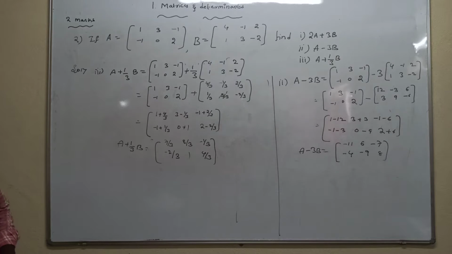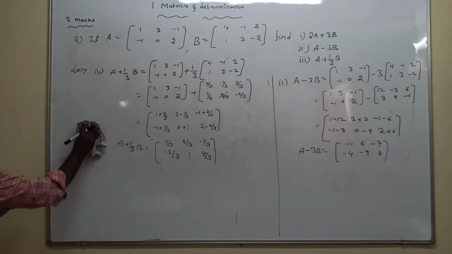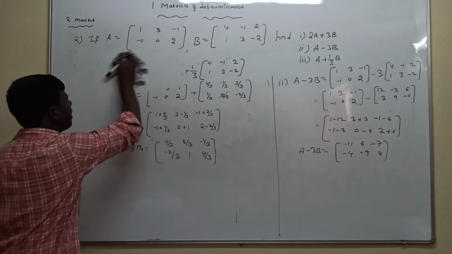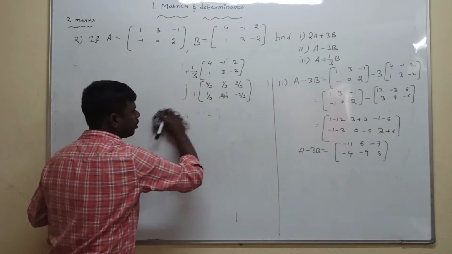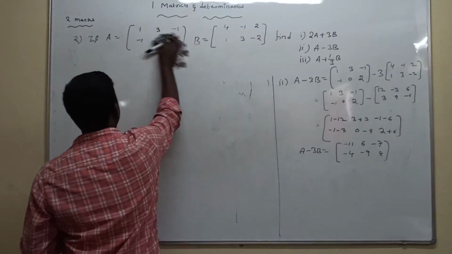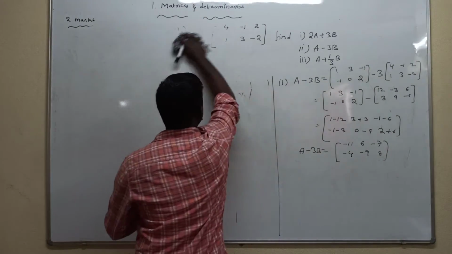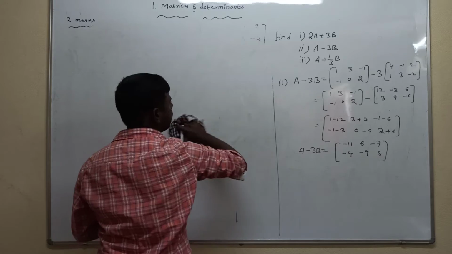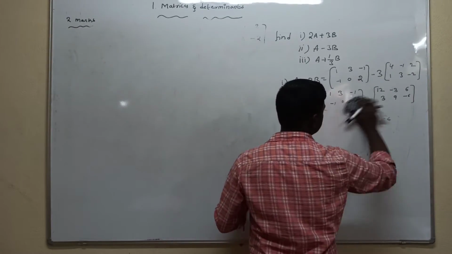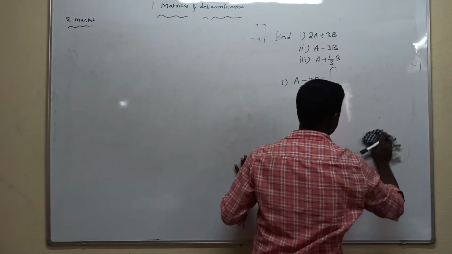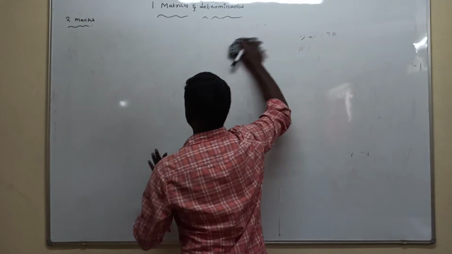Next we are discussing about the third one. So very easy questions. Don't get confused, I am explaining each and every step. So don't learn by heart. First we are understanding the concept. So how to add those two matrices, how to multiply two matrices. I will explain each and every step. You should follow that one. Next one is the third one.